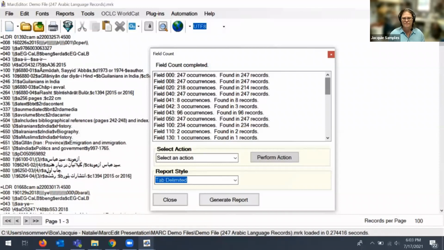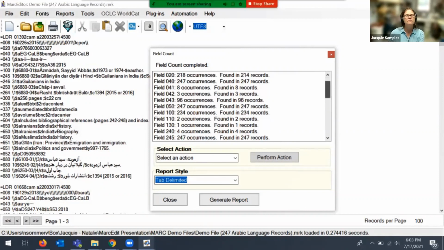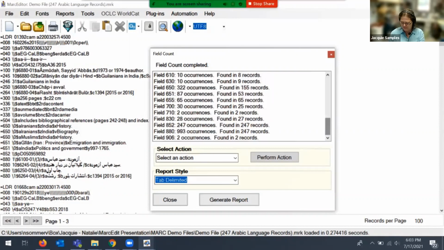In this file of records for Arabic language resources that our vendor provided, we have asked the vendor to include the Duke University barcode as the match point in the records, and to encode that information in an 852 field. So I can quickly scroll down my list of fields that appear in the record set and ascertain that there are in fact 247 occurrences of the 852 field found in 247 records. So in other words, every record in this file has the required 852 field.